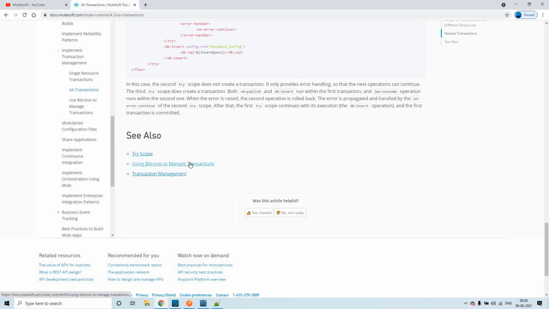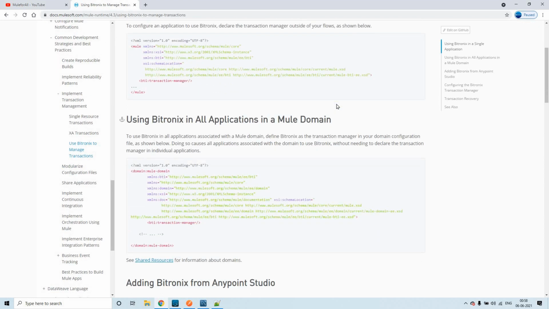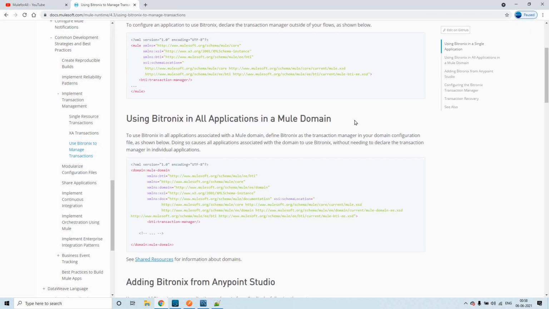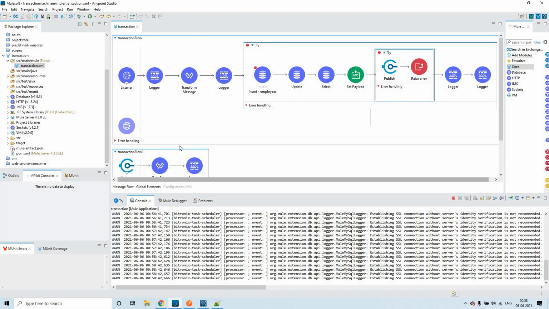If you go to the Bitronix transaction manager, we can use this in the Mule domain environment as well, or for a single application. The Bitronix transaction manager allows Mule to automatically recover interrupted transactions on restart. By default there is no configuration for us to do.